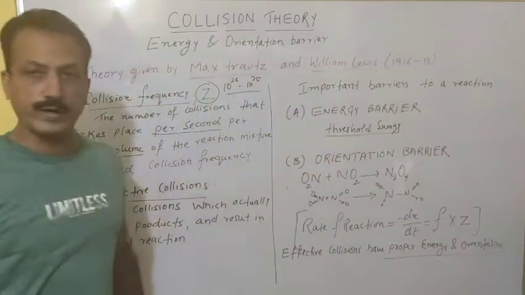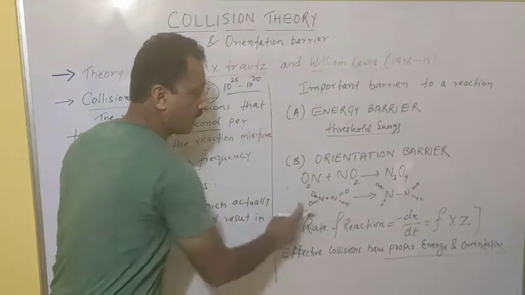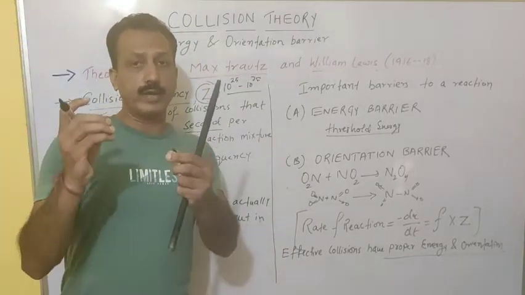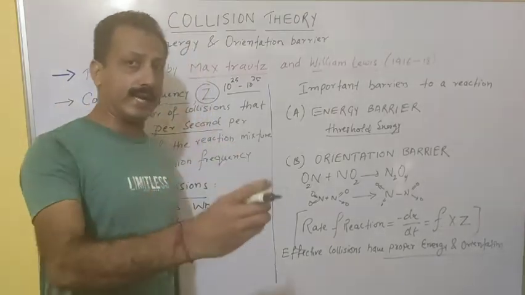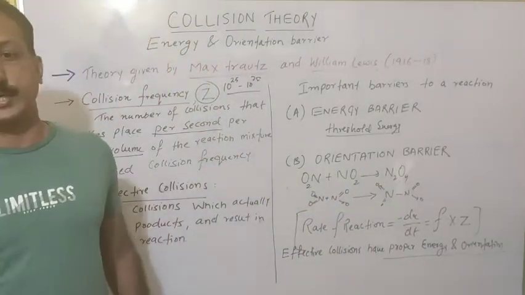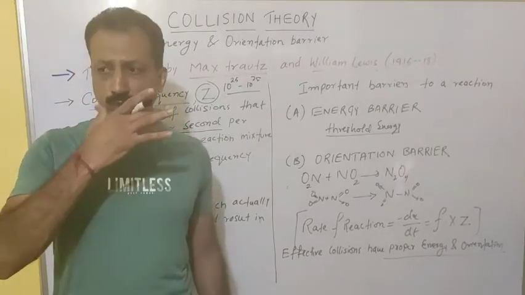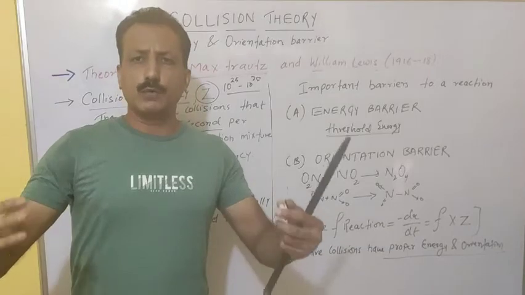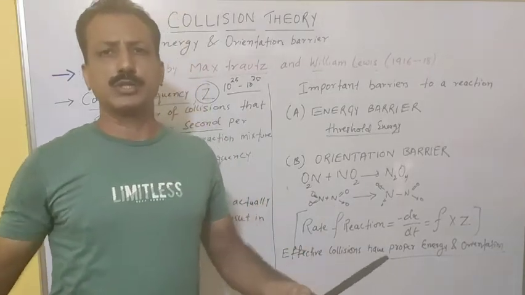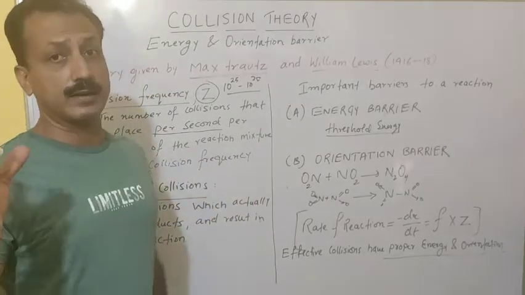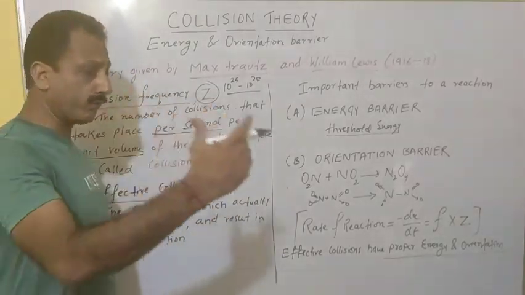So you get the formation of N2O4. Now, if the orientation of these NO2 molecules is not in line, that is, if N is not near N, then the formation of the N2O4 molecule will not take place. So that's a very important underlying factor: though the number of collisions taking place between the reacting species is very high, it's the energy and orientation factor that always counts towards the formation of